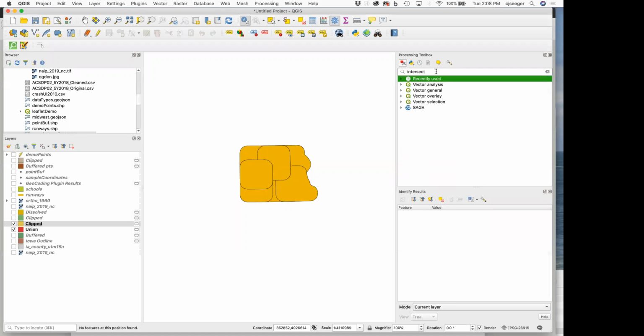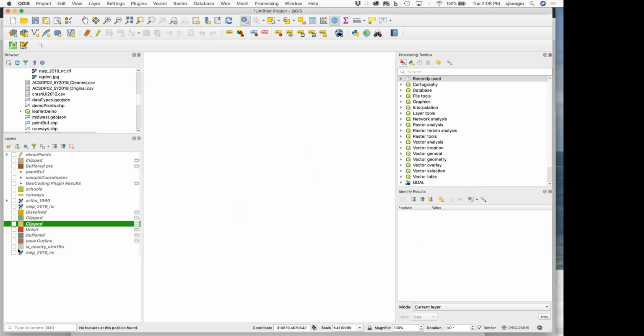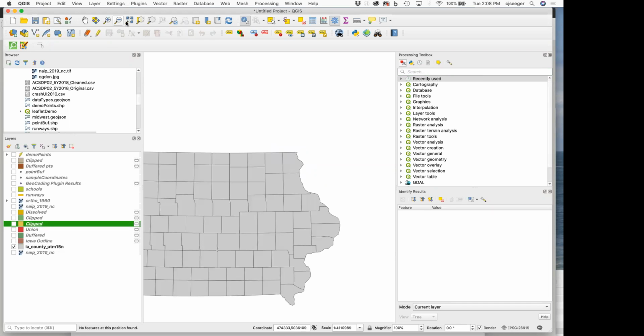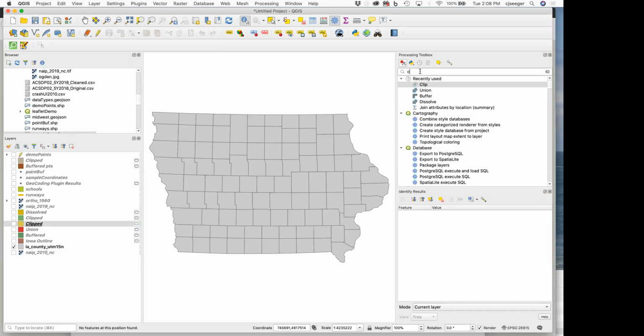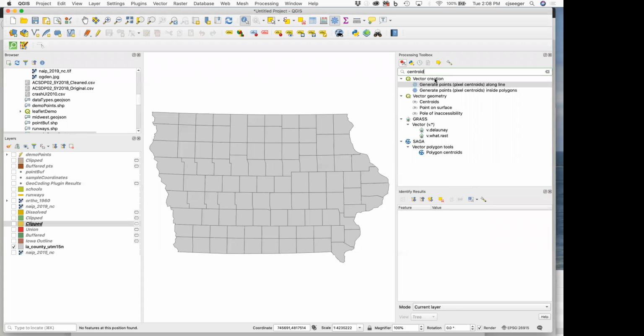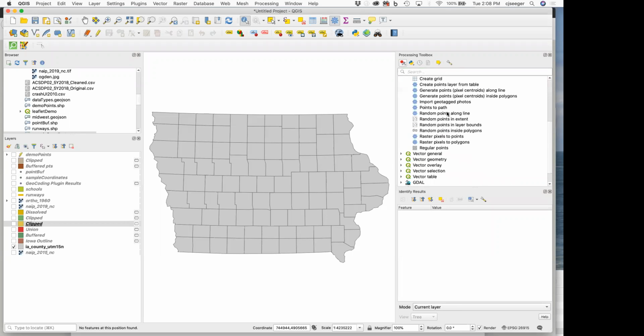Again, as you saw, there's a lot more in here we can do. One of these ones we can do, oh, I should show you this. We had our Iowa counties. What if I wanted to convert these counties into points? There is a tool called Centroid, and it lives in vector creation. So I'll show you the vector creation. Again, a whole bunch of things in here, but we could just create points, a point layer from a table, generate points along a line,